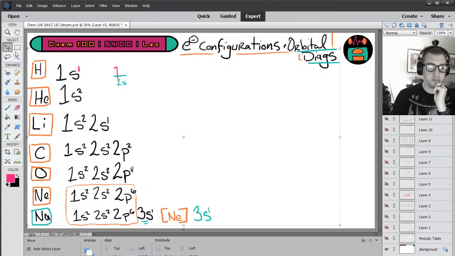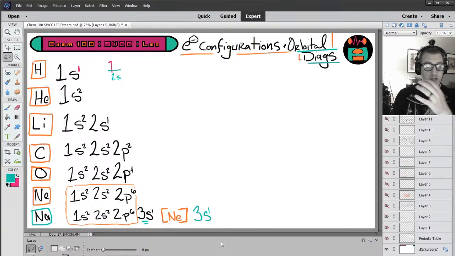Actually, I want to scoot this up just a bit. So that's the orbital diagram for hydrogen. Let's write out the orbital diagrams for each of the electron configurations that we have here. So for helium,